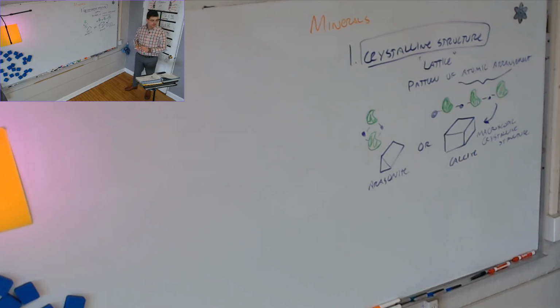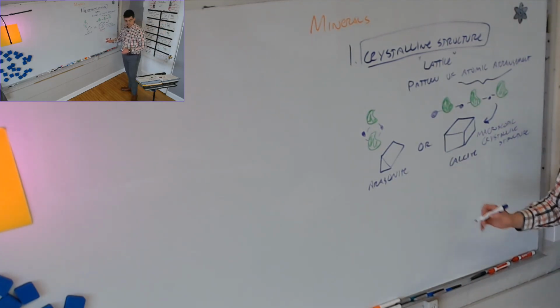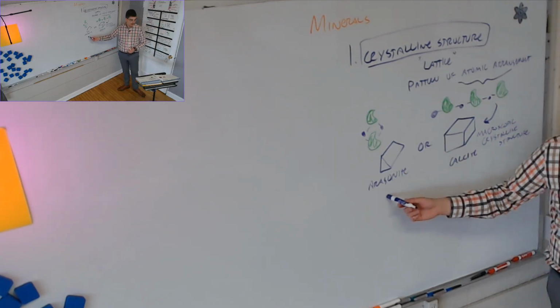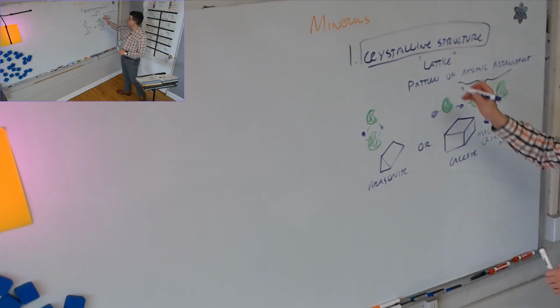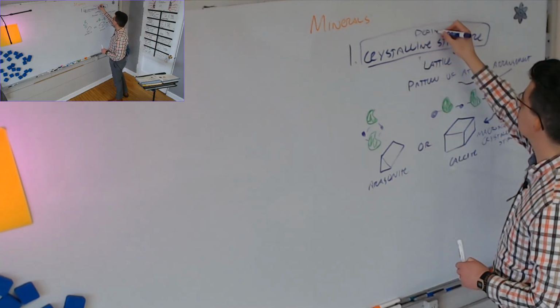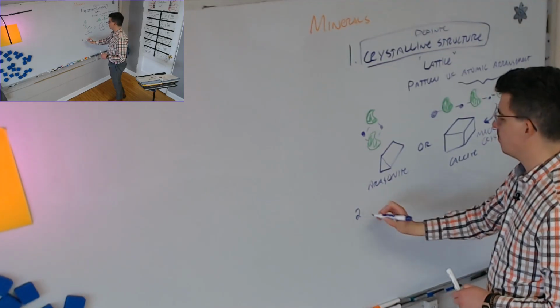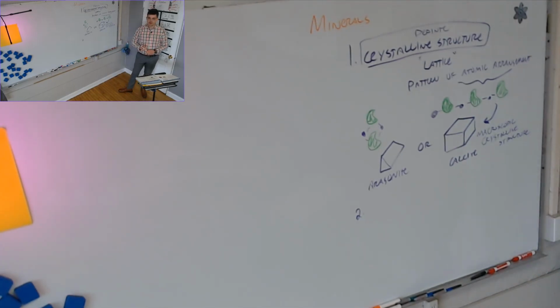What's the root word of crystalline? Crystal, yeah. It looks like a crystal. This is the word aragonite, A-R-A-G-O-N-I-T-E. You can look that up on MinDat, and it will tell you its actual crystal structure. A mineral has a specific or definite crystal structure. What else must a mineral have? Or what other attribute